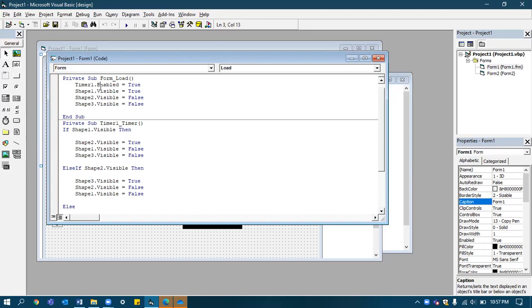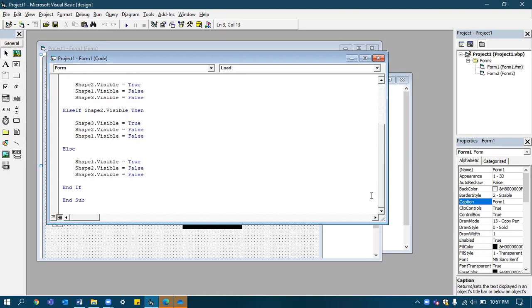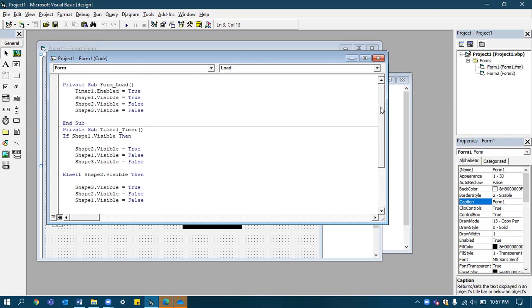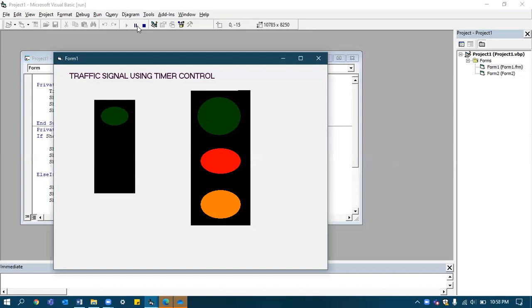A simple coding. And the last is the else part: 1 is visible, 2 and 3 will be false. Just write this code, and then run the program.